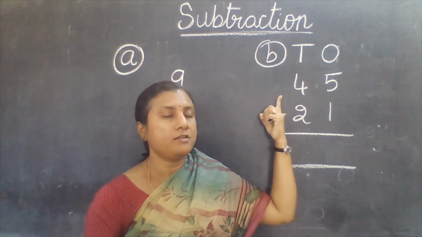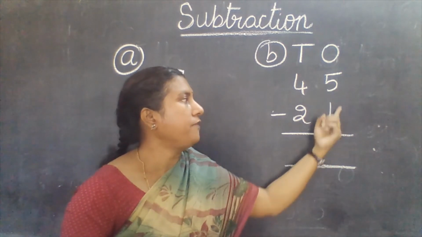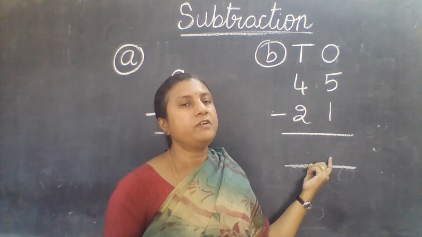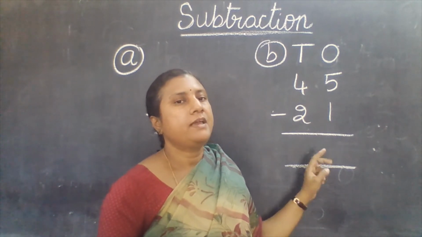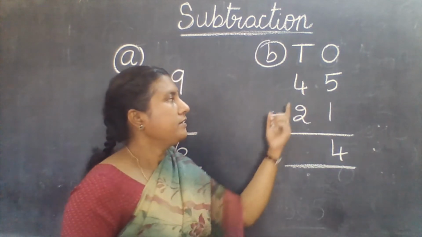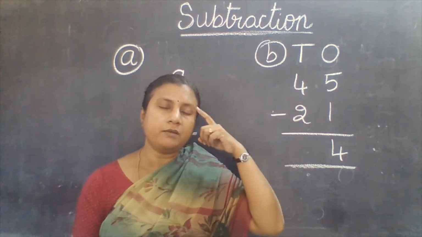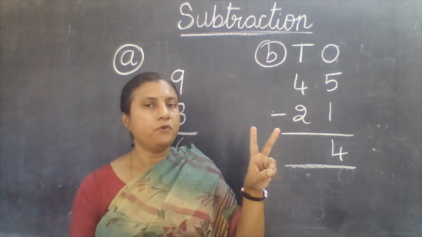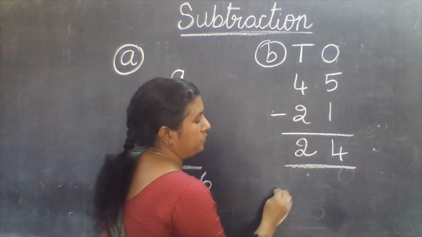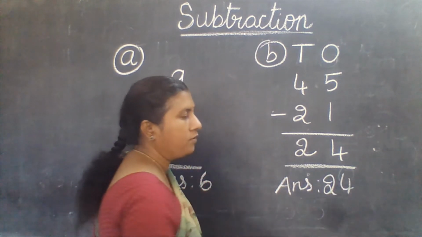Here 21 is subtracted from 45. For subtraction also, always we have to start from ones place. Here we have 5 and 1 to subtract. So according to one property, the difference is 4, which is the before number to 5. Here 4 minus 2. We have to subtract 2 from 4. So 4 in your mind, 2 in your fingers. Before 4: 3, 2. What is the difference? 2. So what is the answer? 24.